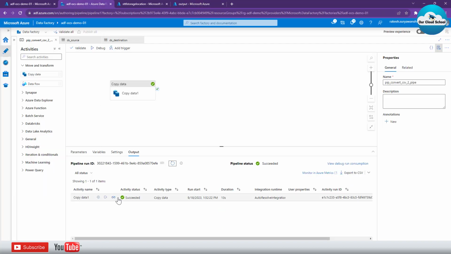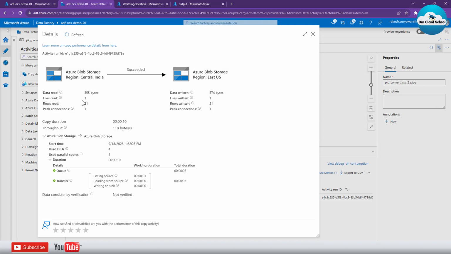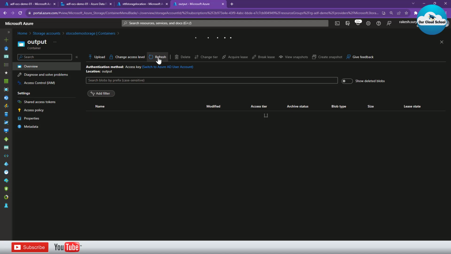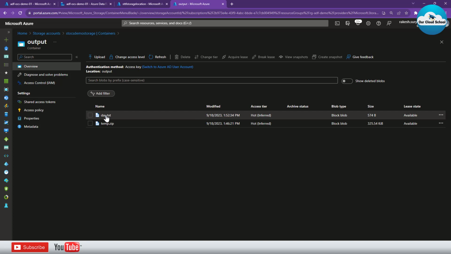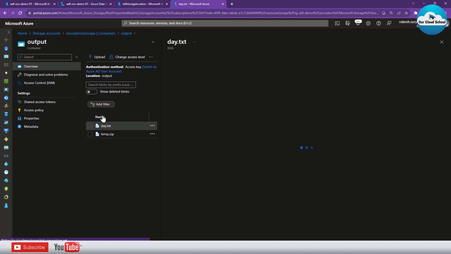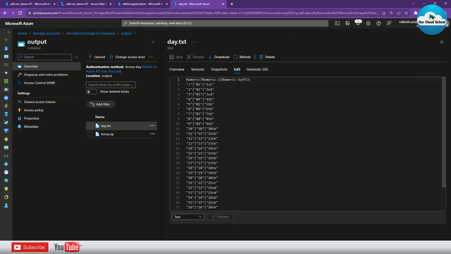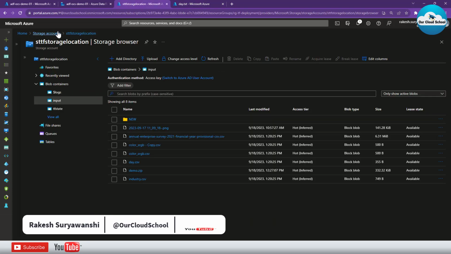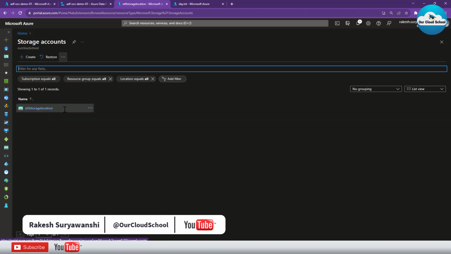The pipeline is successfully completed. You can see the detail. It has copied one file and created another file on the other storage account. Let's refresh that. As you can see, the day.txt file is created successfully. If I expand this and click on edit just to view the content, you can see that the file content has now changed to pipe delimited content, whereas if I look at the content available